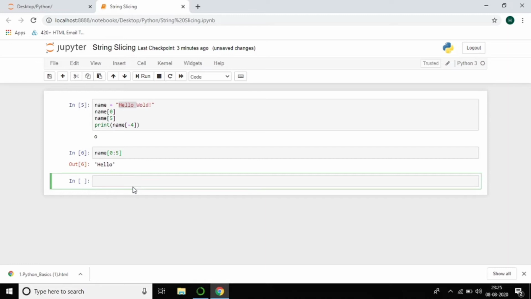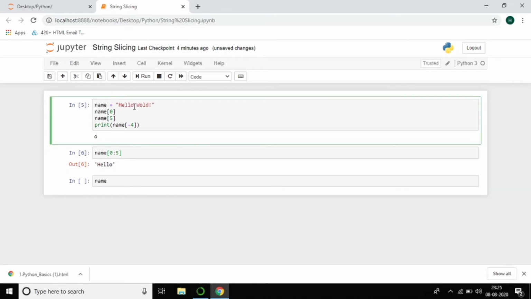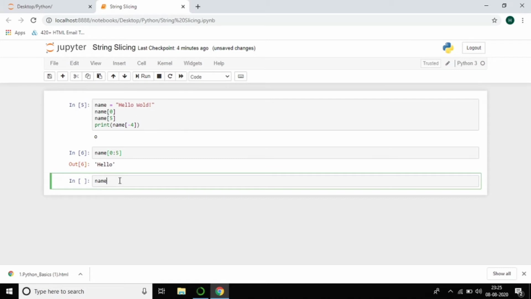And if you want alternate symbols, like h, l, o, what do we do? We want to print alternate symbols. I want h, l, o, then w, l, exclamation mark. So this is the way to print, that means you want one letter after another, skipping one each time.